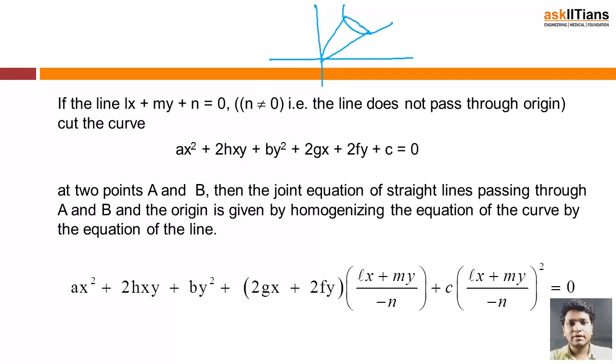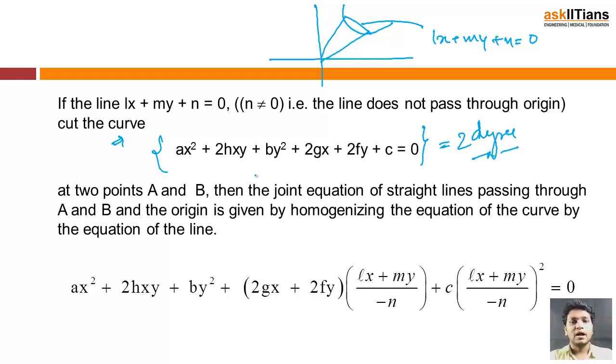So the line is Lx plus my plus n equals 0, and it must not pass through the origin because we are trying to find the equation of lines from the origin itself. It has cut the curve at 2 points, and this is the normal 2-degree curve, right? And if the points of intersection are A and B,